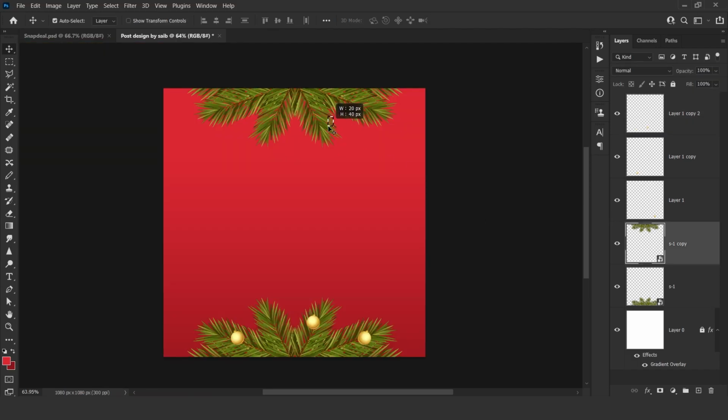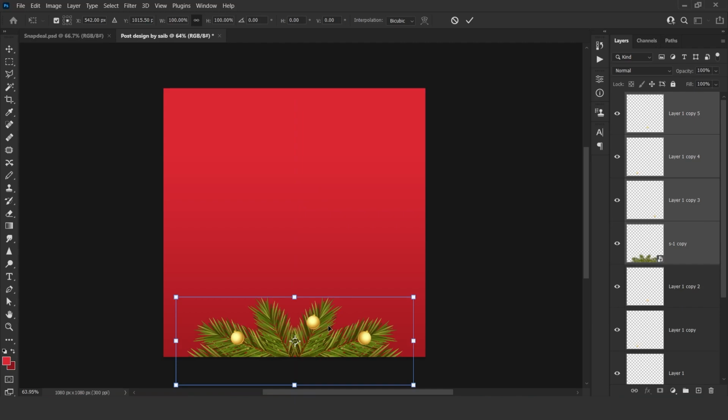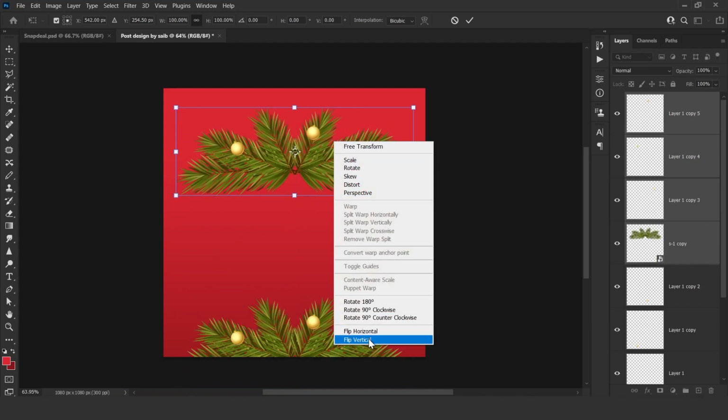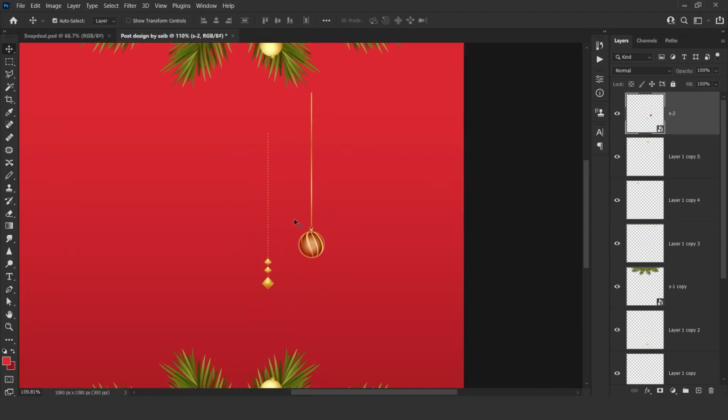And basically we can delete this part and just select all the images, press Ctrl J, then press Ctrl T and move it up, right click, click on flip vertical. So we have the same elements. Then our second element, so we have to separate these 2 elements. So this is only one layer.